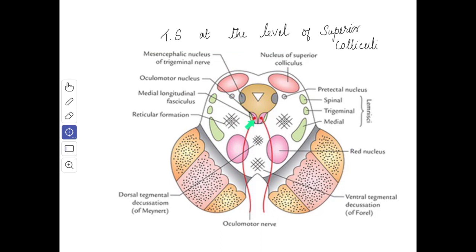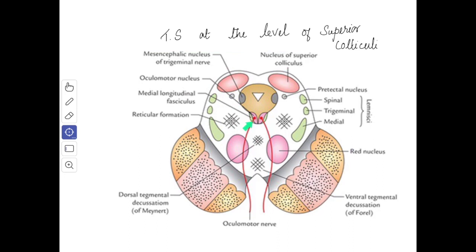The oculomotor nerve nucleus lies in the ventromedial part, and the nuclei of the two sides fuse together, forming a single complex having a triangular outline. The oculomotor nuclei are bounded laterally by the medial longitudinal fasciculus. The Edinger-Westphal nucleus, which supplies the sphincter pupillae and the ciliary muscle, forms a part of the oculomotor nucleus and is located dorsal to the rostral two-thirds of the main oculomotor nucleus.